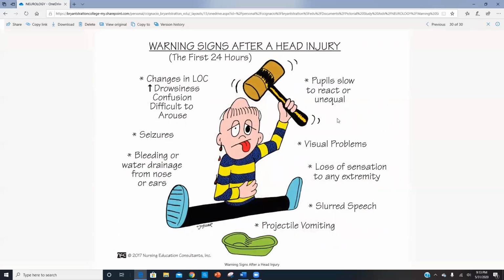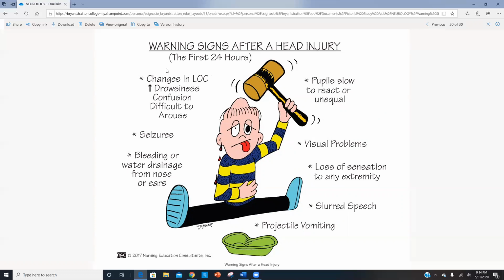All right, this last slide speaks to the warning signs after a head injury. This is your pediatric patient, but again, it's for any patient. After a head injury, we have to really carefully monitor our patients. It could be a child falling out of the bed, or someone who has fallen off a ski lift. It could be a trauma, a motor vehicle accident, but we really want to carefully monitor all patients that have had any kind of head trauma. It could also be sporting, something as simple as little Johnny and little Susie bumping into each other when they're